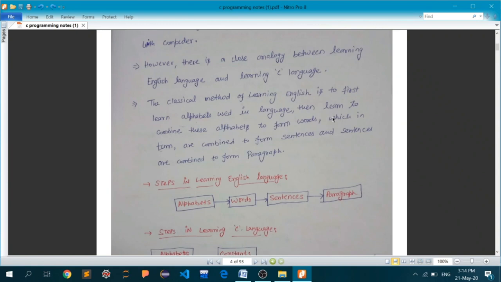So first you will get familiar with the data types, the character set, and the keywords, and by using a logical and well-informed combination of those keywords and character set, you can write the right syntax in language C. That syntax will actually communicate with your computer, and your computer will then do the task that you have told it to perform by writing your syntax in C language. Okay, so let's move ahead.